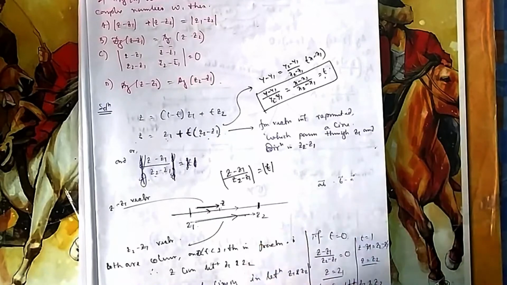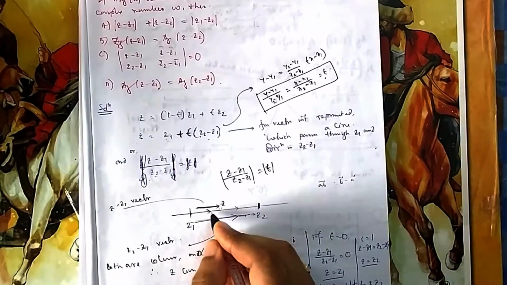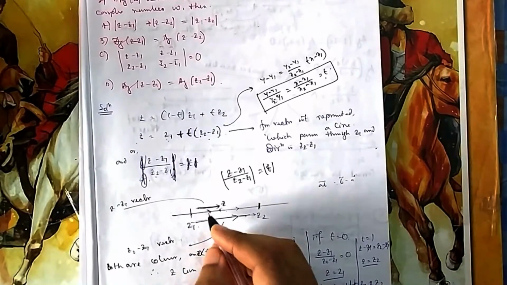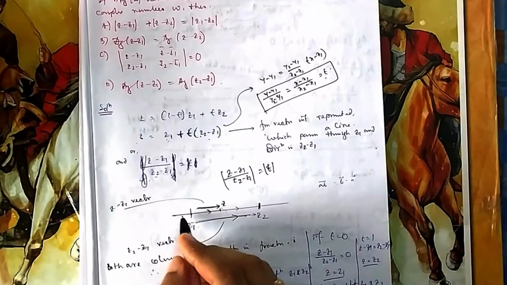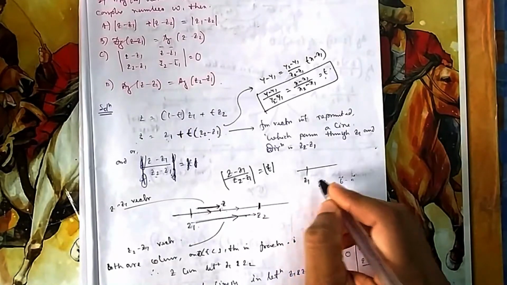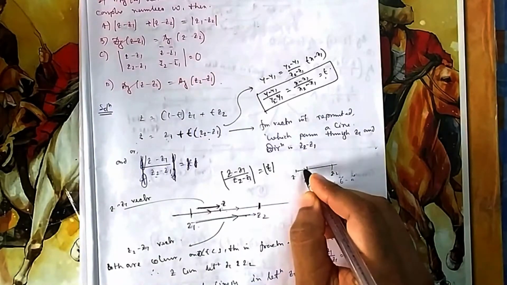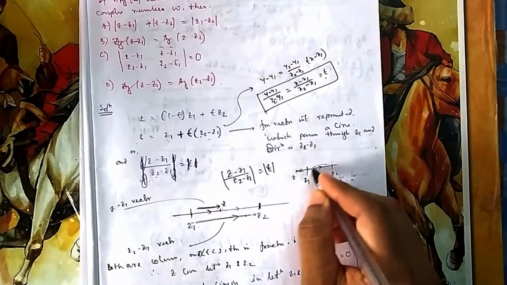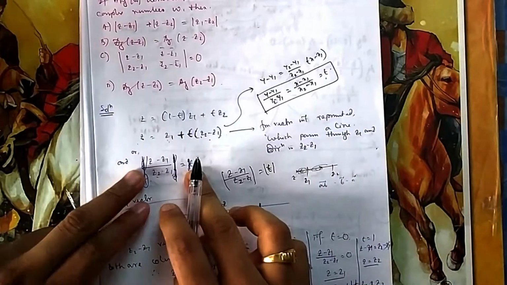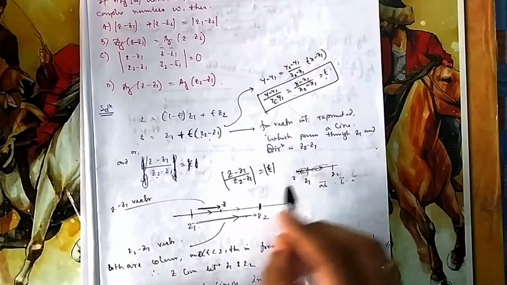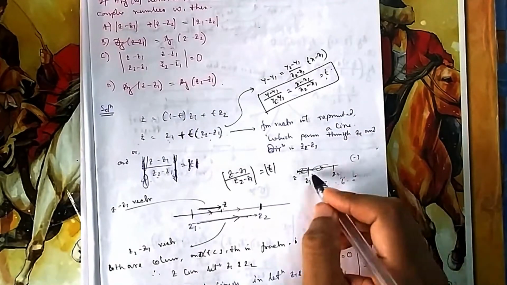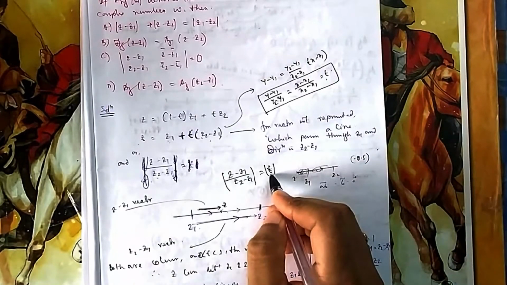So z can be in this direction. If you put z somewhere here, then this will be z minus z1. You can say, sir, z can be here also. Suppose you take z on that side of z1, z2, and you are taking z here, so you can say, sir, this length is less than this length. But if you see this vector, this is minus 1. If you just divide, that should also be equal to t. So this is the same vector, just in the opposite direction. So if you divide this vector by this vector, you will get minus 0.5 or something. But because it is mod, that's why it is satisfying this one.